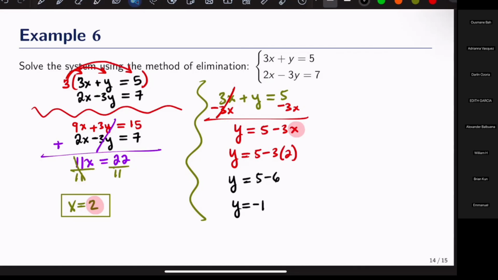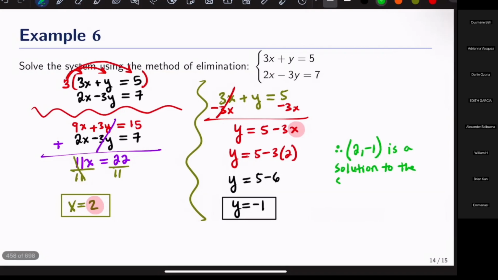And so what does this tell us? We have therefore 2 comma -1 is a solution to the system. And we're